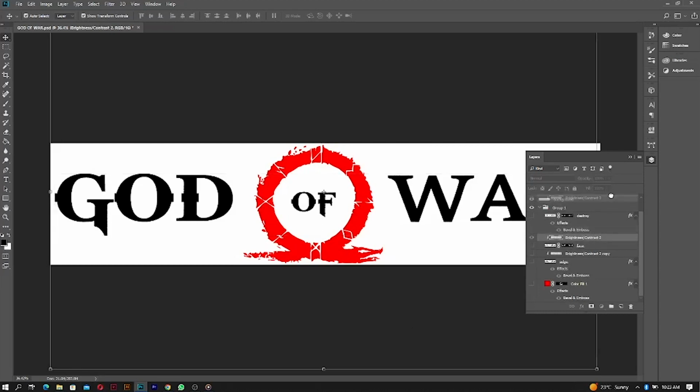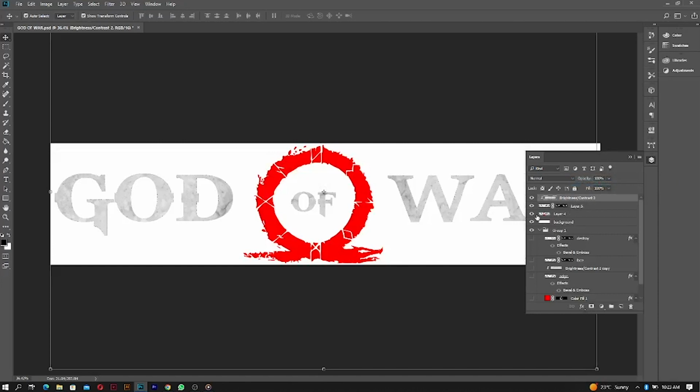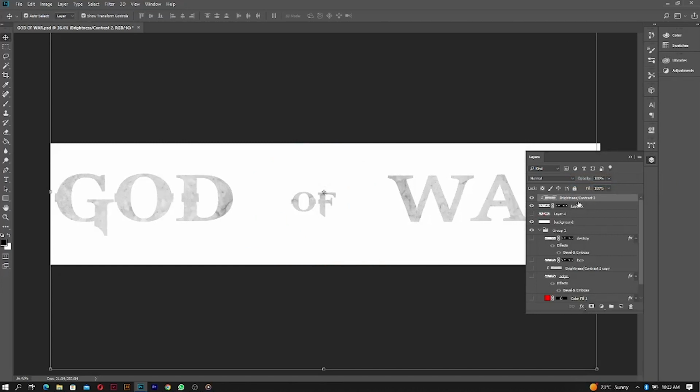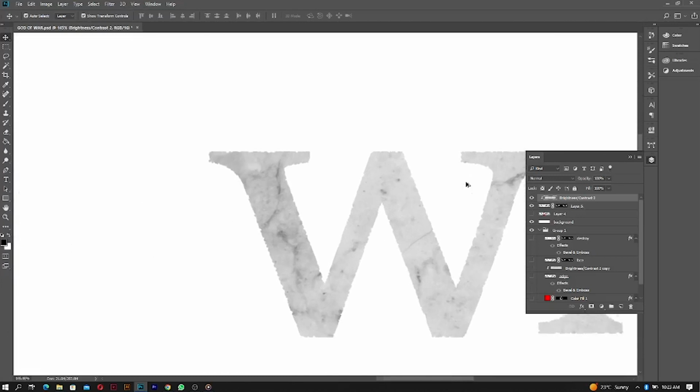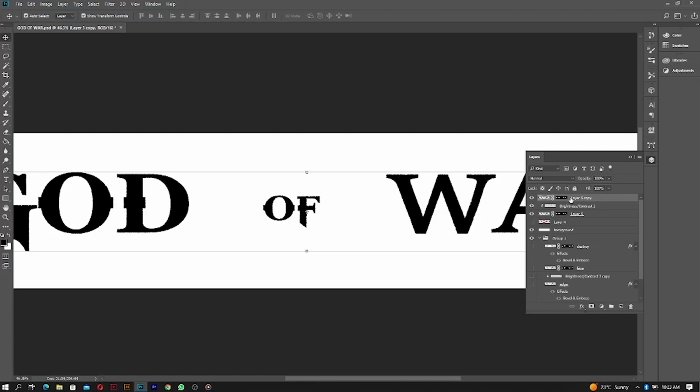Once that's done, you're just gonna move your texture. I got my texture already in there, and say clip mask. Then make sure you move the texture image that you have over the actual wording that you want. Then you make a copy of the actual crystallized text and put it above. Let's just call this one face. Make a copy of it, then the copy you're going to call destroy, because